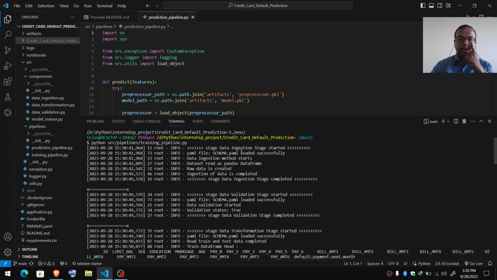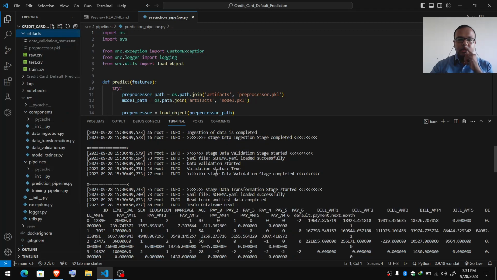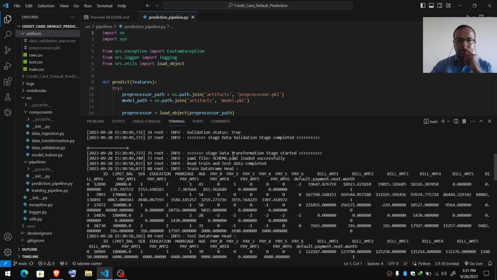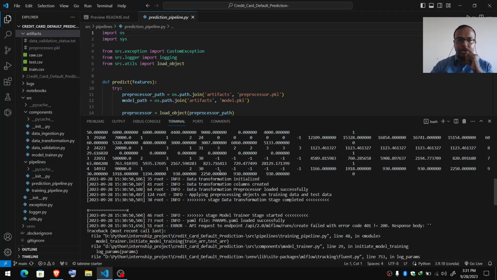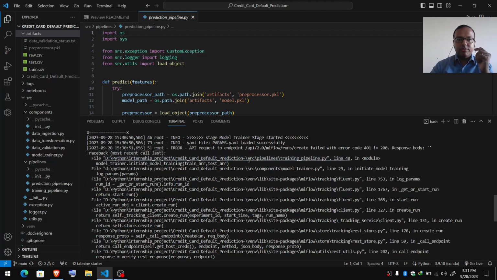Now the data ingestion pipeline is first called. It goes in, ingests all the data and then stores it in our artifacts folder. It's being created here for your reference. Then the data validation goes in and checks all the data validations. If it is true, the data validation status is returned as true. Then it calls the next pipeline, that is the transformation stage. The transformation stage is now called, and this is the input data for our transformation stage. Then it pre-processes the data, applies the preprocessor object, transforms the data, and again stores it in our artifacts. Then finally